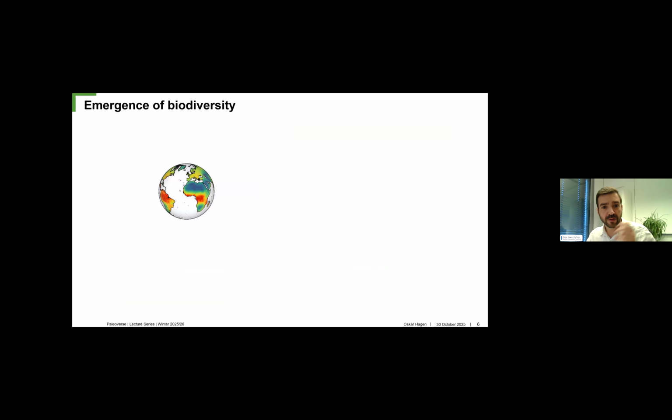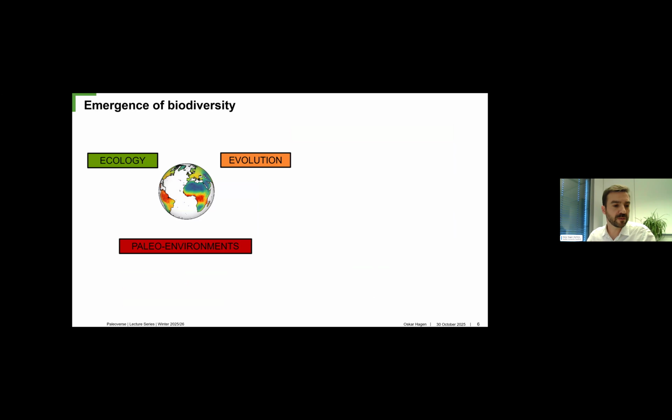So we know that biodiversity patterns emerge from multiple processes, such as species interactions with biotic and abiotic conditions, speciation and extinction events, as well as species adaptations to past environmental conditions that changed over time, such as continental drifts, mountain uplifts, and changes in temperature and aridity. And these processes interact in very complex ways that we have to consider in order to move beyond statistical